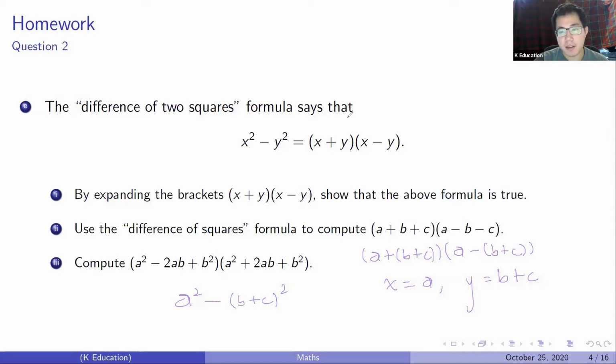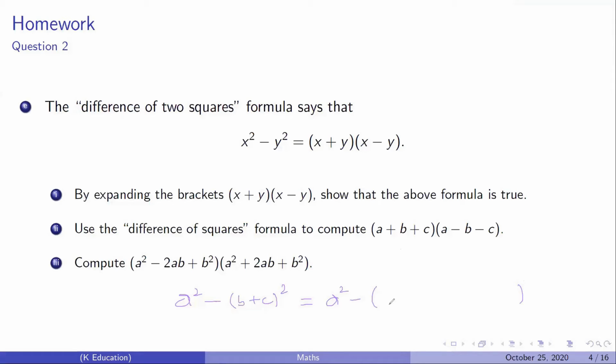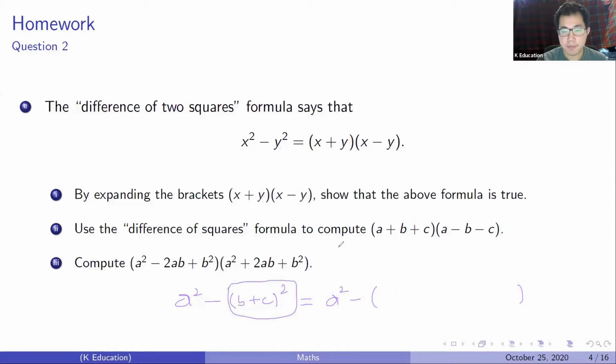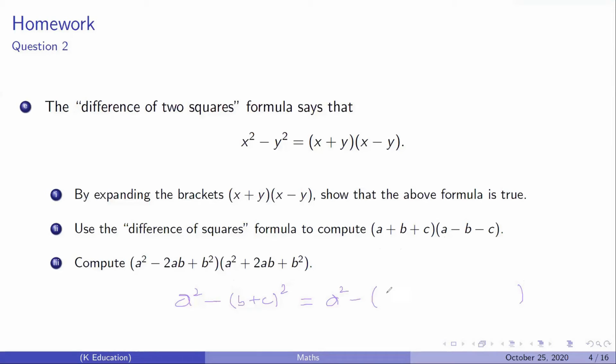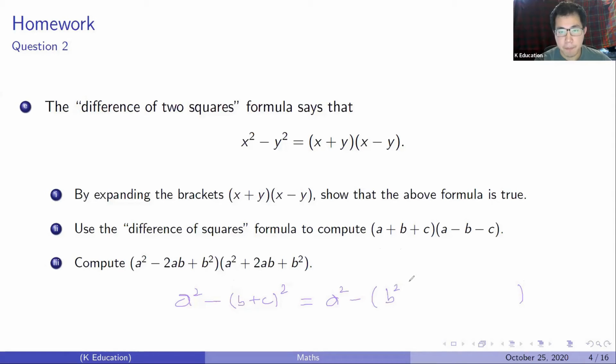Okay, right. So, we're nearly done. We've saved a bit of work, right? Because we're not expanding all the terms out, so there's less room for error. Okay, so Livia, now you need to expand out the second part, right? So a squared minus, what's it going to be? Can you expand the b plus c squared? B squared, plus